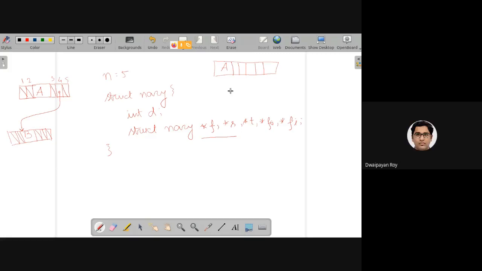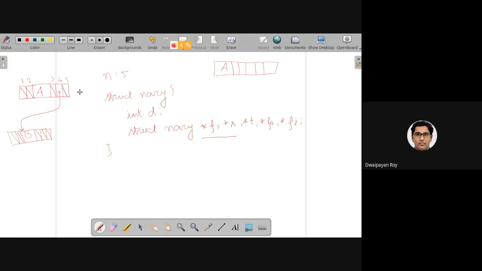Great. I got your point and I got your suggestion as well. I guess from your voice you are Aditya, right? Yes, sir. So what Aditya is suggesting is, as you can see in this example, this node contains only one child, but there are positions to store the addresses of 5 children altogether.